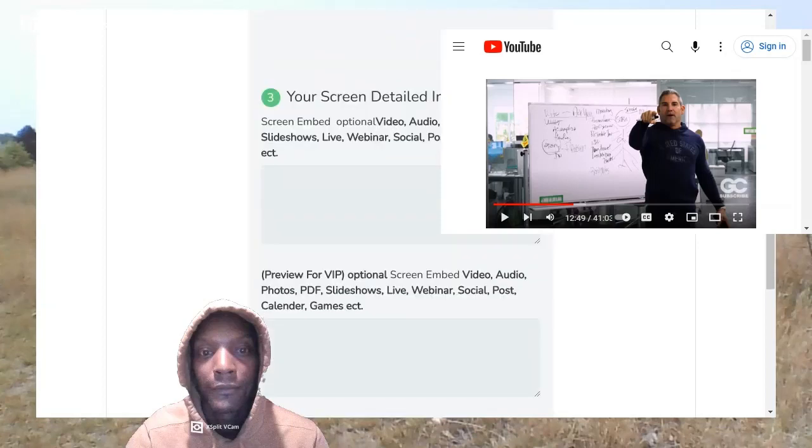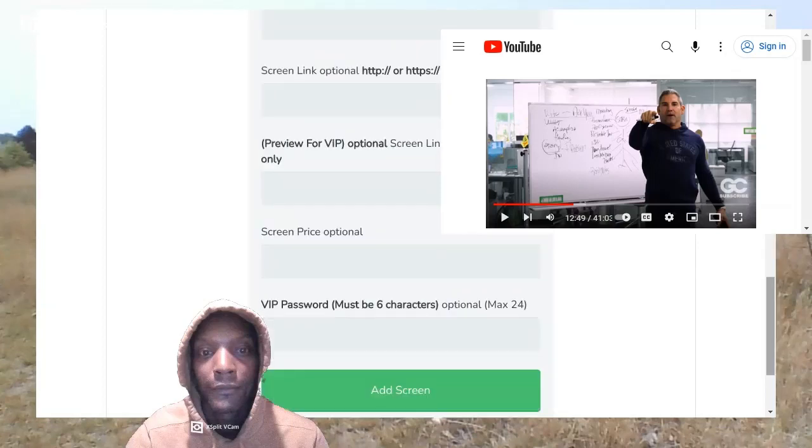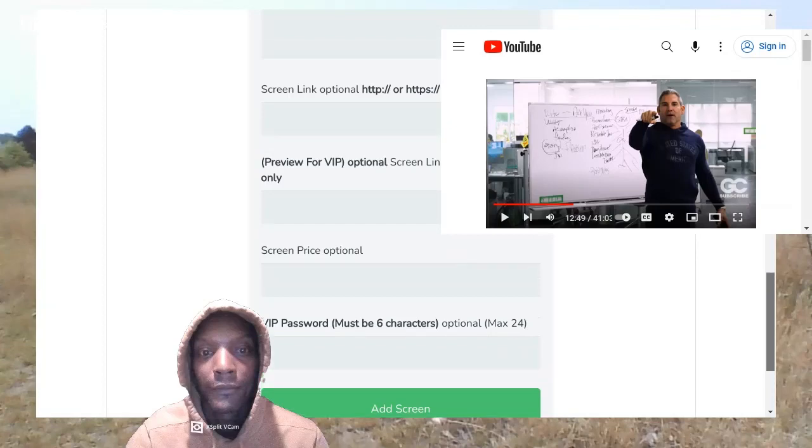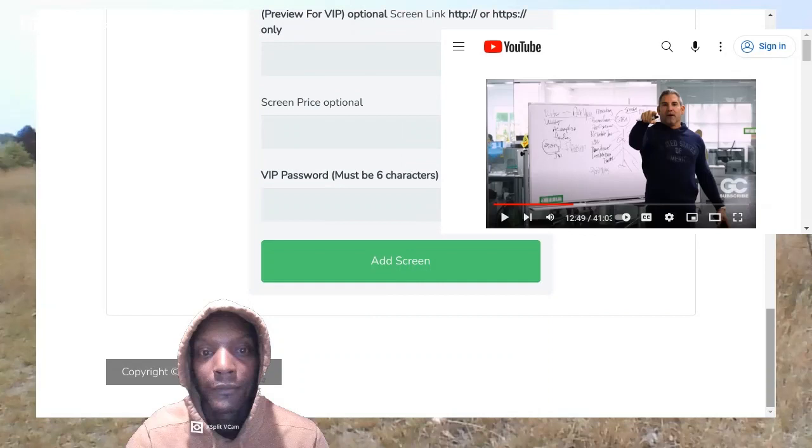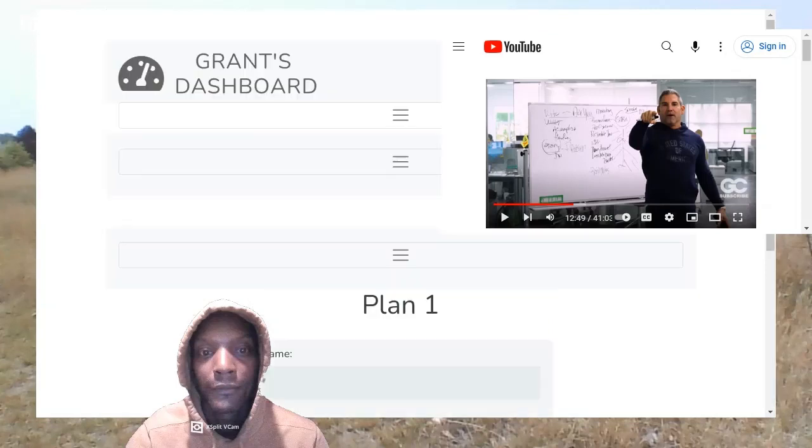If you wanted to add a link, I didn't mention. If you want to add a link to the actual picture of the seat on social, or a link to the actual airline that the seat was purchased at, or if you want to include a video of you sitting in the seat, you can do that with the embed feature button. Okay, and just as normal, hit add screen.